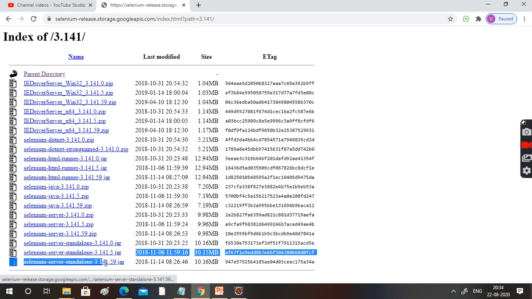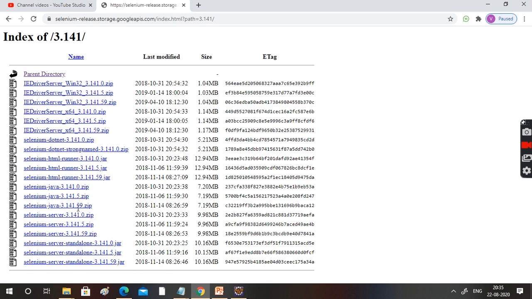The Selenium server standalone file is needed. You can take one of these versions, .0 or .5, but this is the latest, so better to use this one. Similarly, this one is not required, but if you want, we can use it. I will explain the difference and why we don't need it.